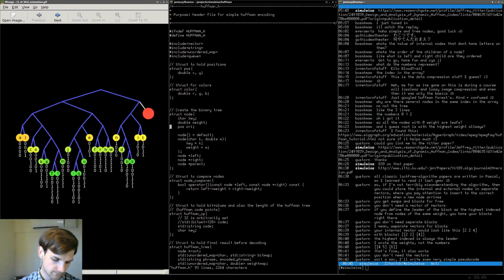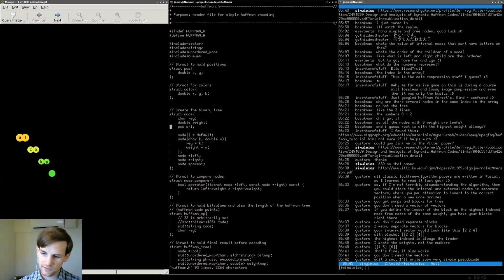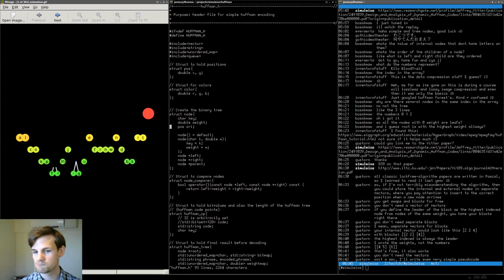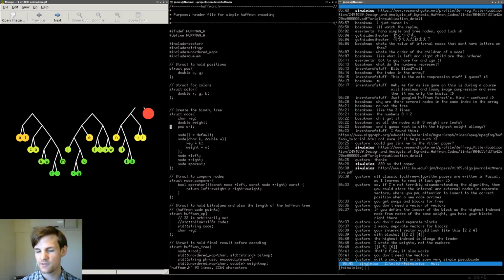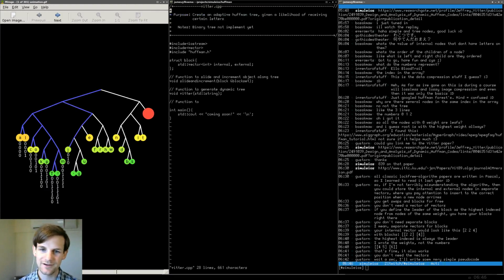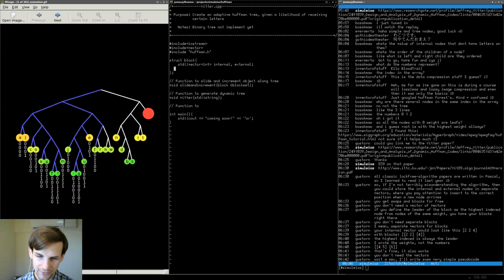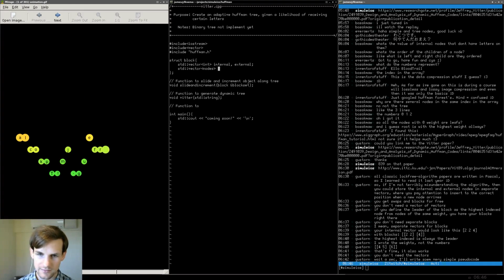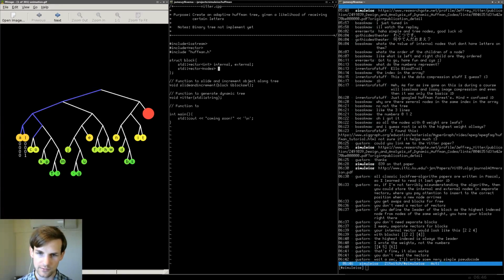So if we have a vector of nodes, maybe this isn't so bad. Let me think. Run quit. This is super inefficient, but let me just for now do an std vector of nodes. And this is what I guess we'll keep everything in, this big block struct. So we'll say std vector of node. I'm sorry. And we'll call this one